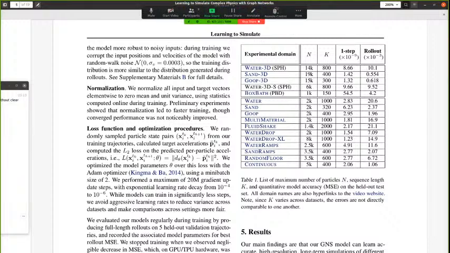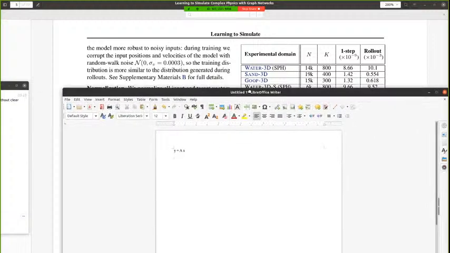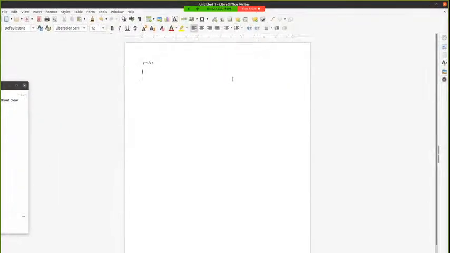The point I just wanted to make, and maybe it's very stupid, stop me if it is. I just wanted to say if you have a new state and you have this as a linear function of the old state, and then you want to do this for, I don't know, can people see this? Yeah, we see. Then essentially you have A to the power of n times x. If you want to do this for, let's use capital K, if you want to do this for K many steps,